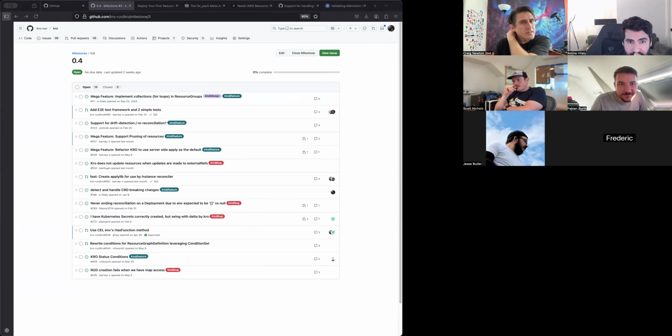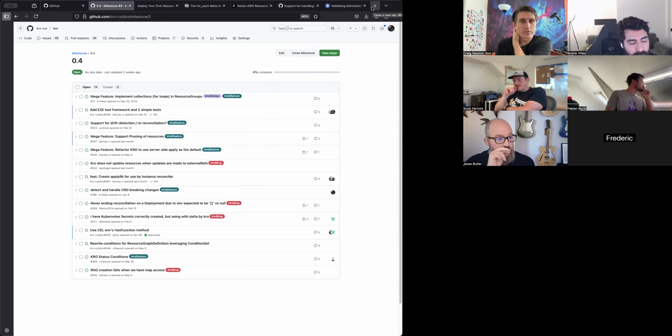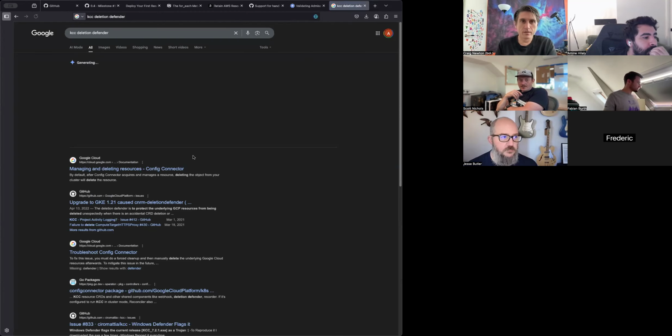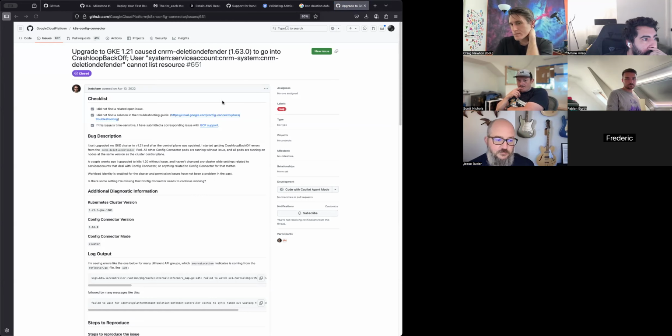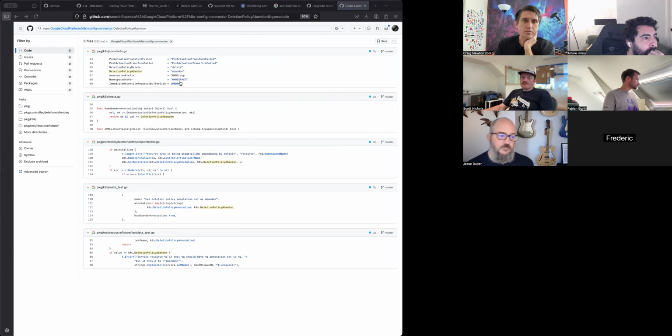Looking at KCC, they've got a deletion policy, and they've got a controller that is actually called the deletion defender. It uses that annotation to decide whether to delete the object or not, or to skip it. Let me send a link. Oh wow. They've got an actual controller that does that. So maybe that's a route to take, and then you don't need to mess with admission policies.